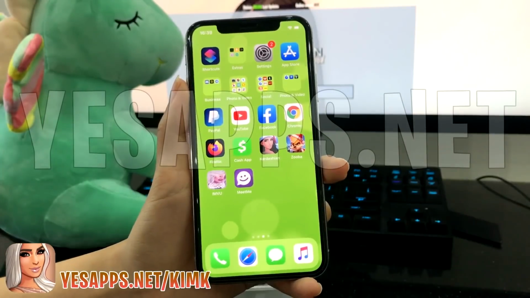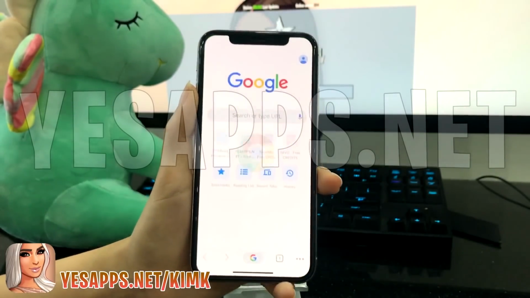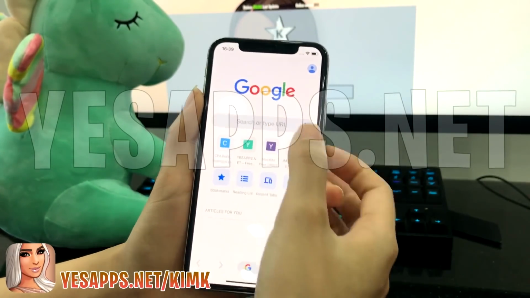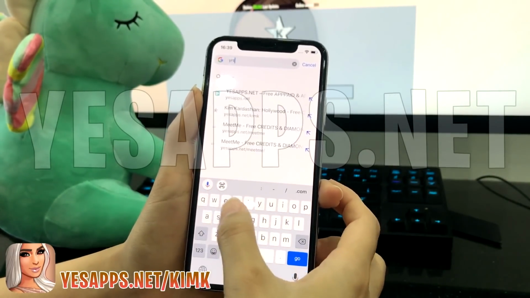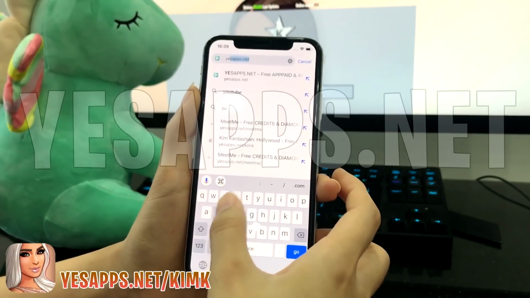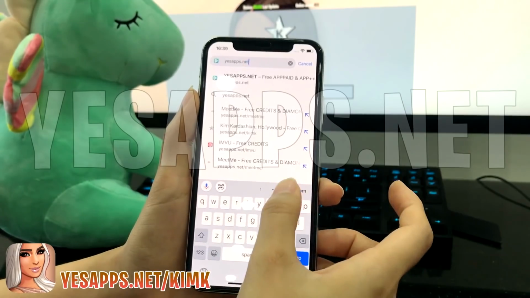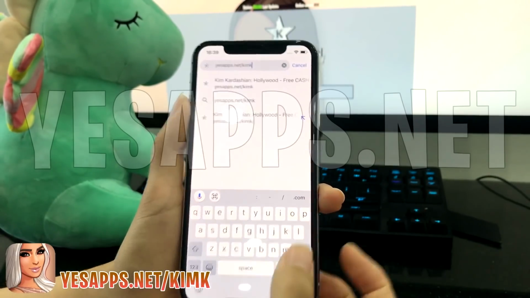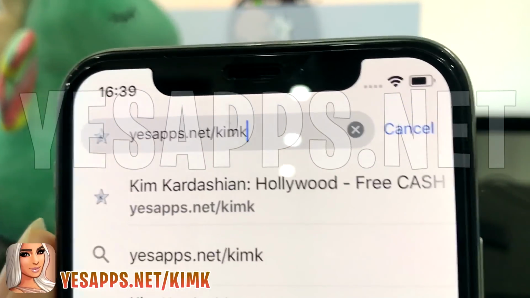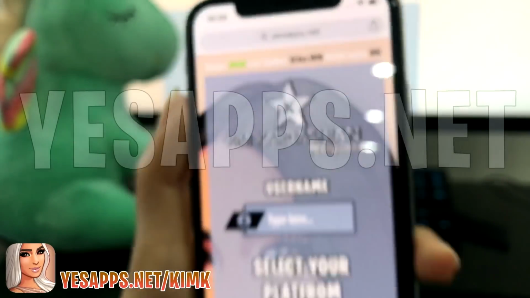Let me show you. First you need to open your browser and go to yesapps.net/KimK. Here on the website,